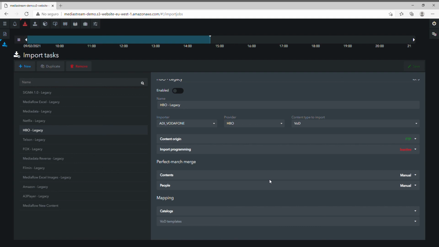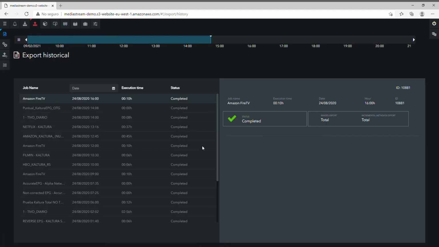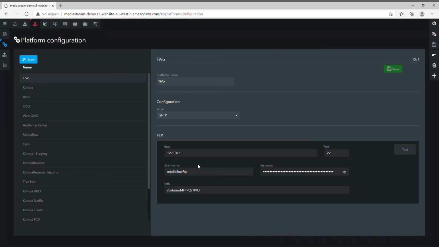Okay. As for the end section, this is exports, which is basically symmetrical. We have a historical section for exports where we can see the recent export procedures and some statistical information about what they produced, what kind of information they relayed on to end user platforms. And then we have a configuration section, again, a massive configuration section where we can define, schedule, and trigger